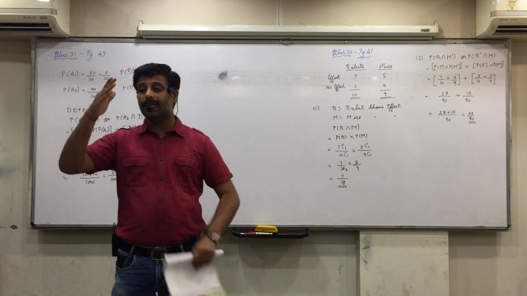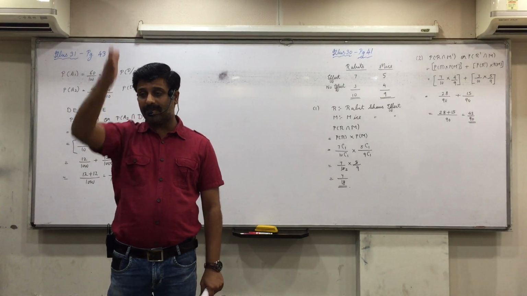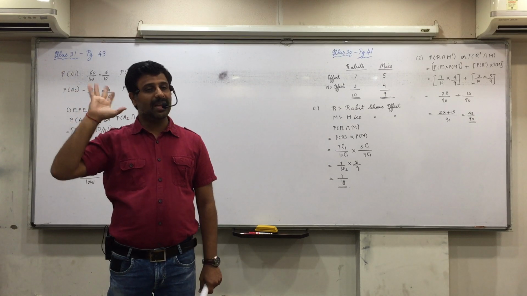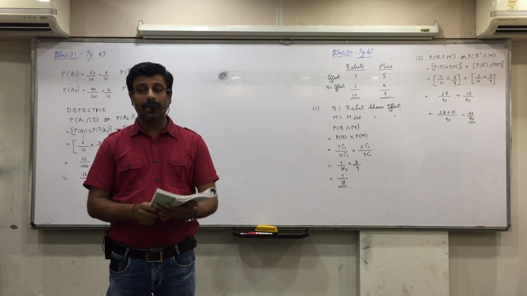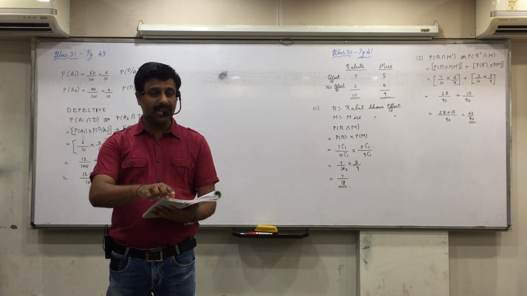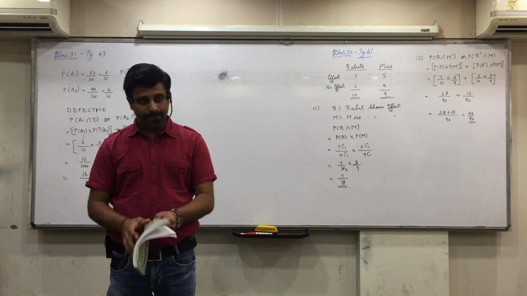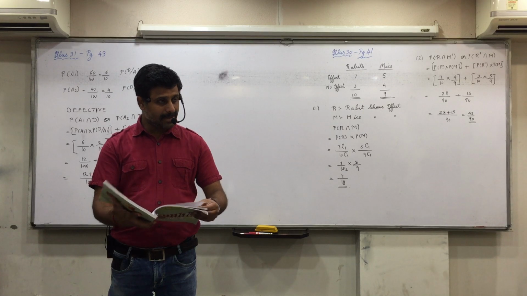Because even in at least 3, you will get the entire column of 3 and the entire row of 3. So 11 outcomes will be there. Do it that way only, they have done it in a very weird manner. You will not be able to understand that. So you do it with that sample space only. Okay? You will get the same answer.